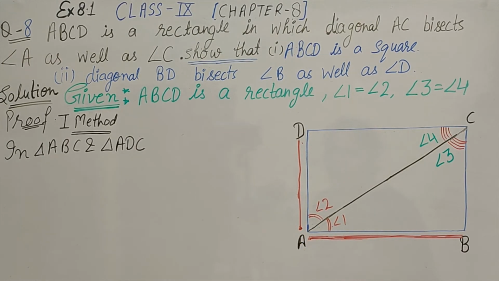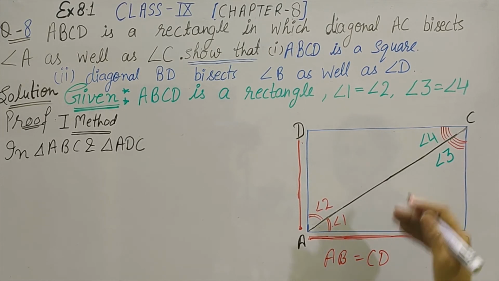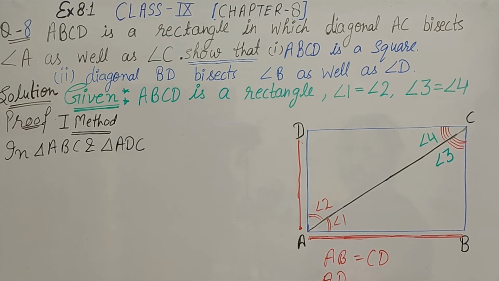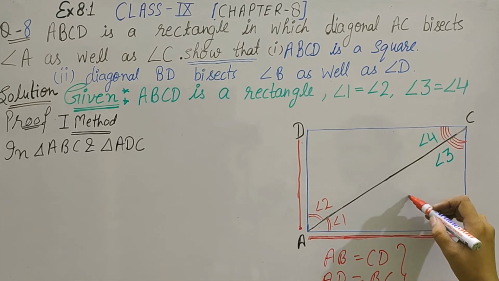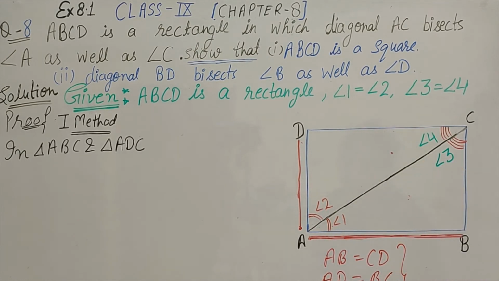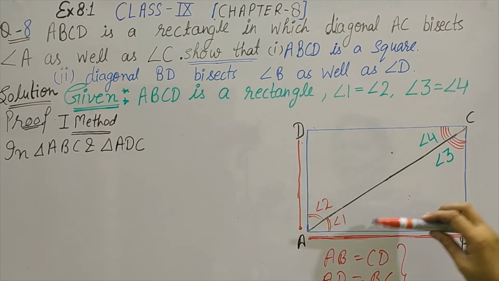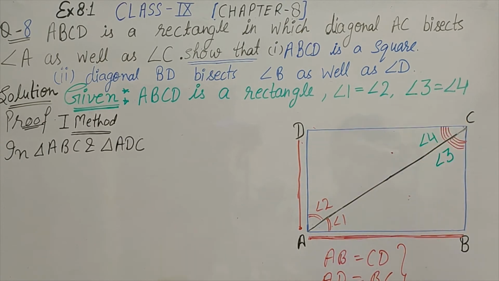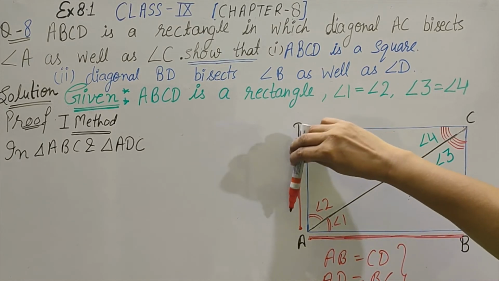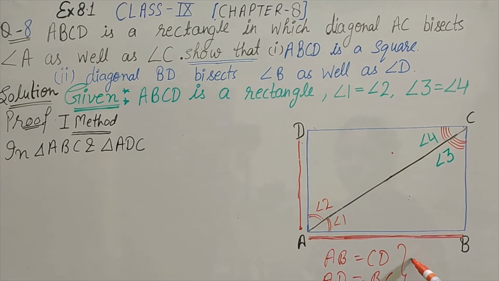As I told in question number 6 also, don't do this mistake. It's a very common mistake done by students. AB is equal to CD, opposite sides are equal as it is a rectangle. AD is equal to BC and AC common. By this logic, these two triangles become congruent. But notice one thing. आप AB को CD के equal लिख रहे हैं. You are writing AB is equal to CD. So by CPCT इनको congruent करने के बाद CPCT से how can we write AB is equal to AD? कोई logic ही नहीं बनता है. Okay, don't do this mistake.